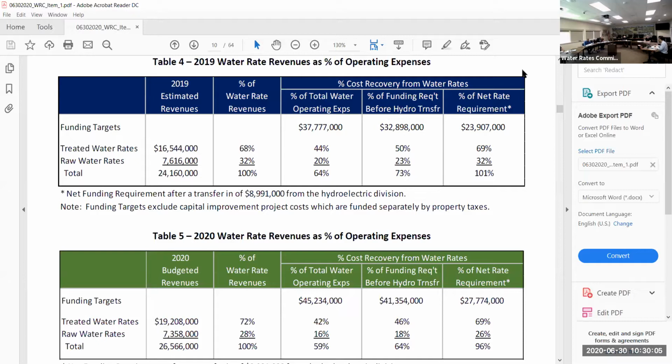But then there are the hydro transfers that come in and really reduce what the net funding requirement from the rates were. So in 2019, it was somewhere around $10 million. What was the hydro transfer? 9 million, almost 9 million was coming in from hydro. So after you put 9 million coming in from hydro, then it looked like the rates were funding what the remainder was. But it's a little misleading because that's assuming 9 million coming in from hydro. And in 2020,